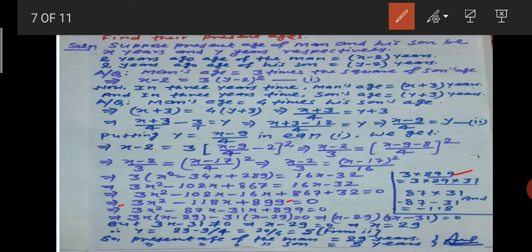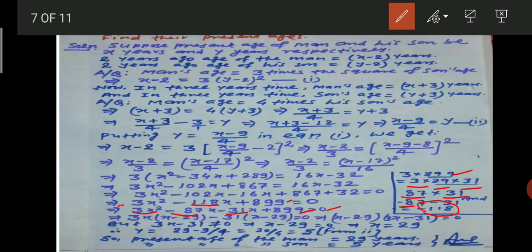Then it will be equal to 3 multiplied by 29 multiplied by 31, and 3 multiplied by 29 will be 87, into 31, and minus 87 minus 31 will be equal to minus 118, which is equal to the coefficient of x here. So 3x square and minus 118x can be written as minus 87x minus 31x